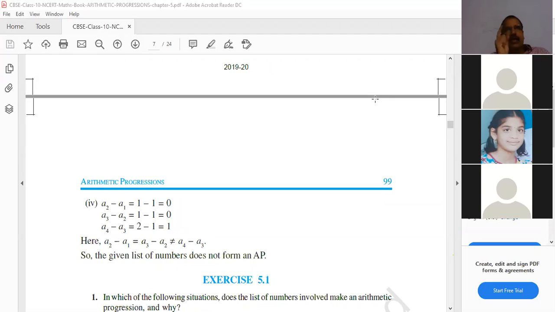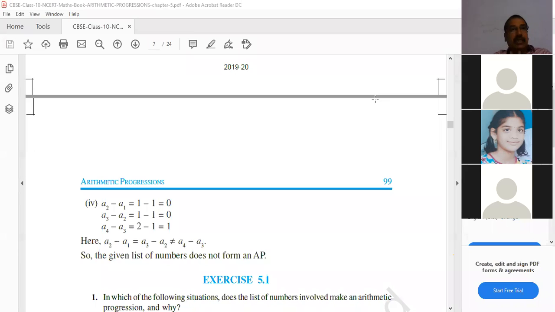A, comma, A plus d. If you understand the general form of an AP, you will get why it is one less. The first term is A. In the second term only we are adding the common difference: A plus d, next A plus 2d, that is the third term. The fourth term means A plus 3d. If you continue, A plus n minus 1 of d, that is An. A means first term, d means common difference, n means number of terms.